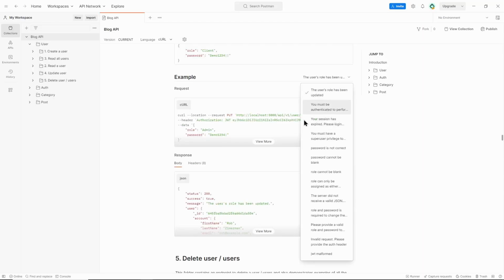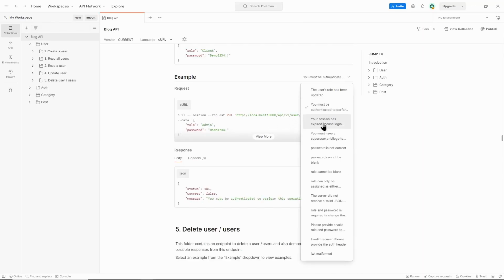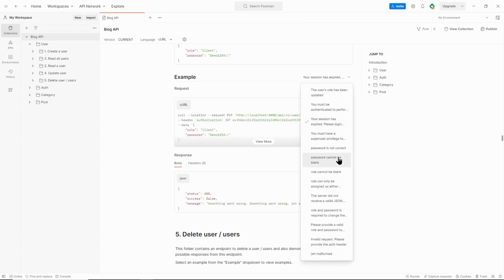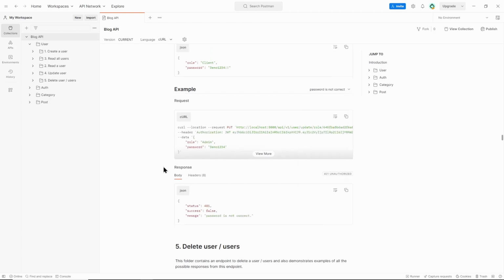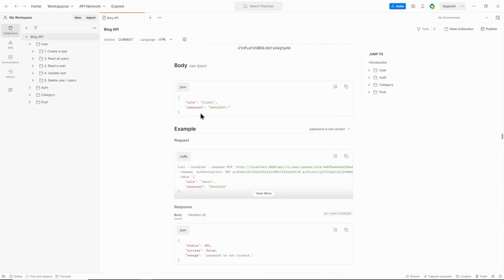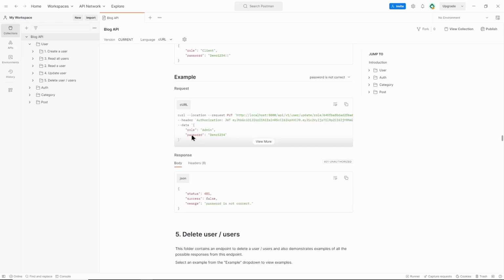So that was the success. And again, this is the authentication issue. We already went through that. Session expired, we already went through that. Password is not correct. This is the same as with updating the email or updating the password. The user must provide a correct password in order to update the role. In this case, this is not the super user password. The super user password had an exclamation at the end. This is not the correct password. So we'll just say that the password is